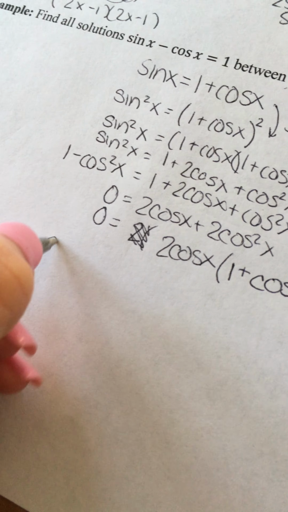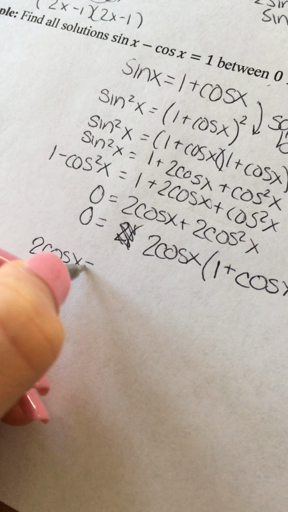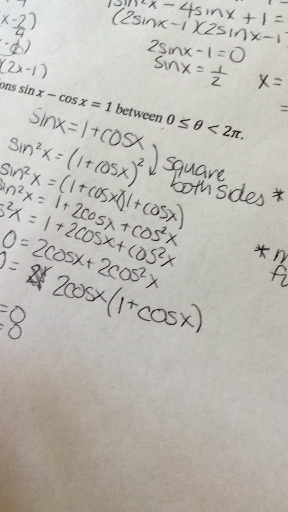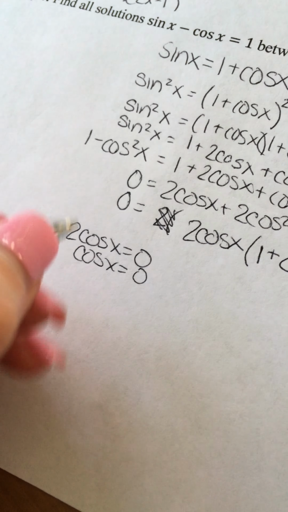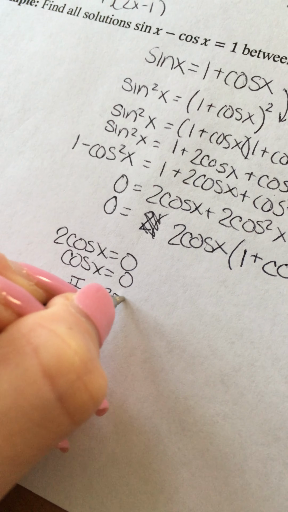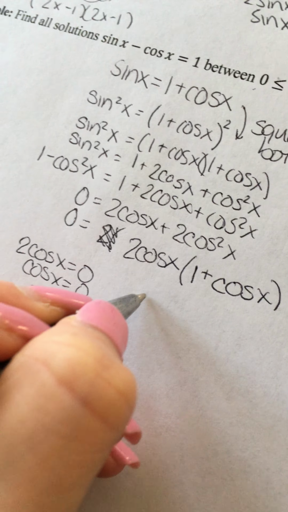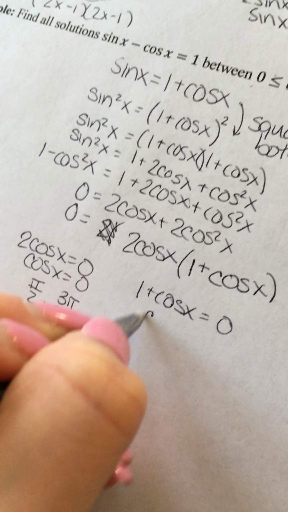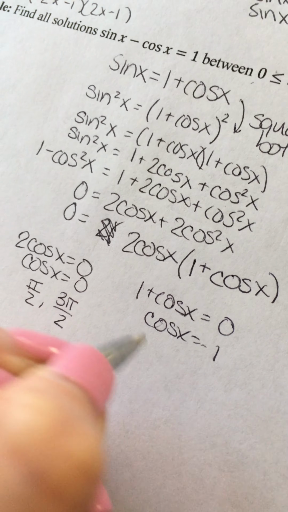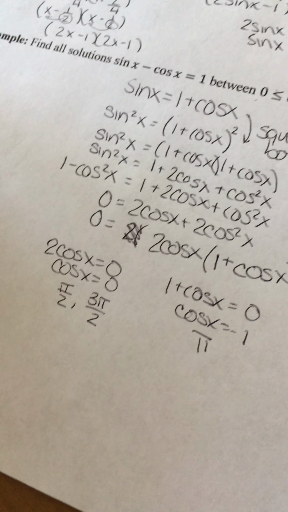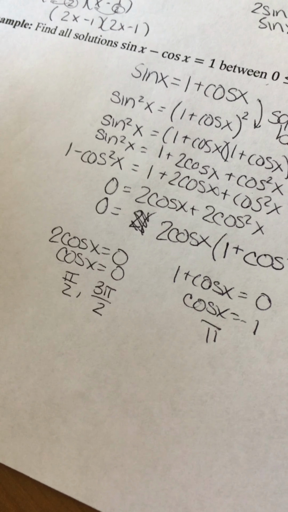All right, so we have 2 cosine x is equal to 0. So just cosine x is equal to 0. We're in radians. Cosine is equal to 0 at pi over 2 and 3 pi over 2. And 1 plus cosine x is equal to 0, so cosine x is equal to negative 1, and that occurs at pi. Now, before we say all done,